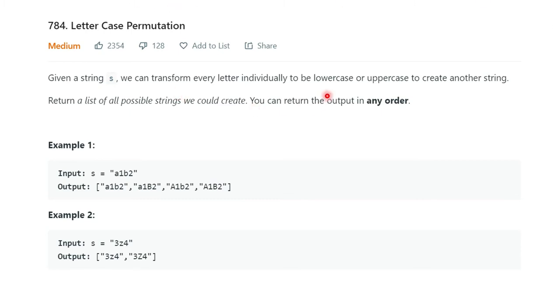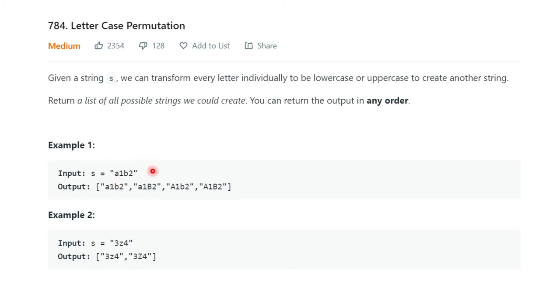That means any string which will be provided to you, suppose A1, B2, we have a few letters, which we can convert to lowercase or uppercase, and then we can form different strings, and the result we want is all the possible strings which we can create.